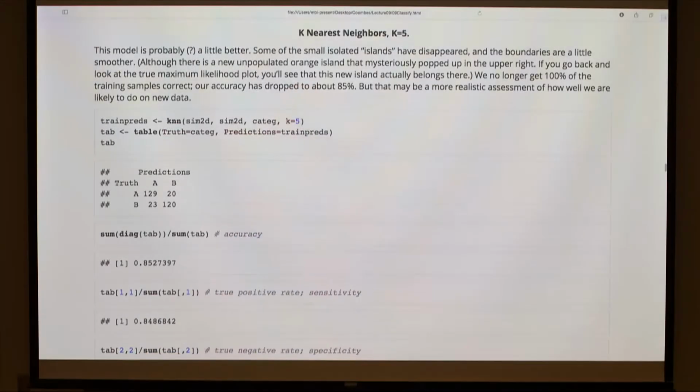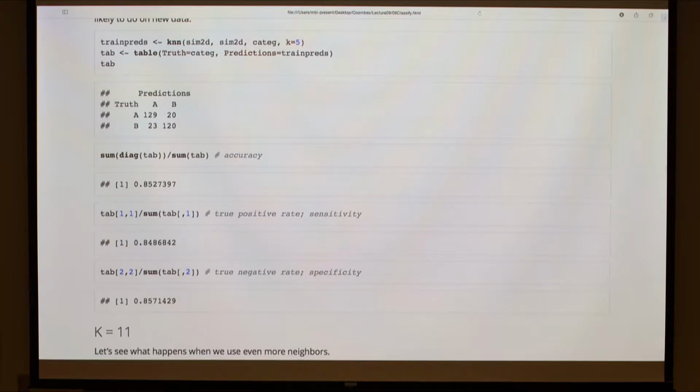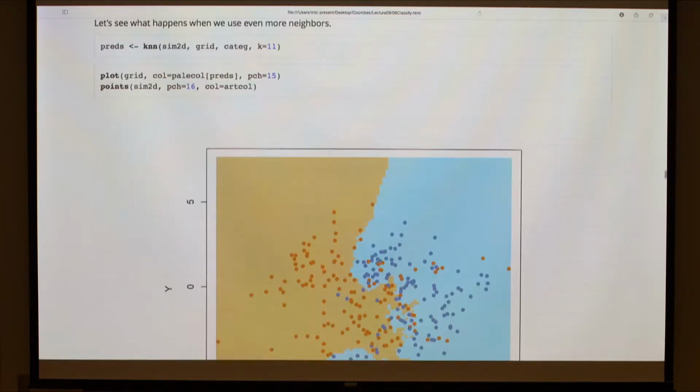Okay? And anyway, with k equals 5, we see that we don't get perfect answers on the training set. We get about 85% of them right. And we have about the same sensitivity and specificity here. So we're just as likely to get blue ones or orange ones wrong. And if we look at k equals 11,